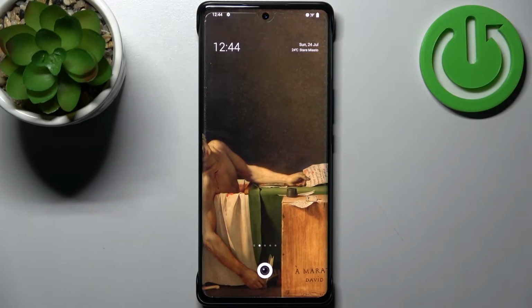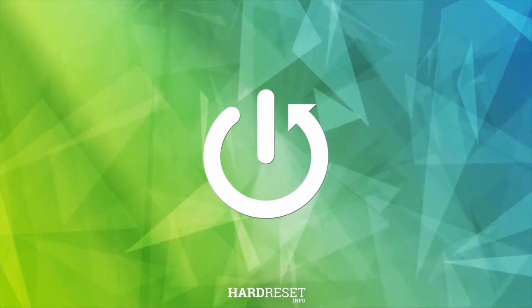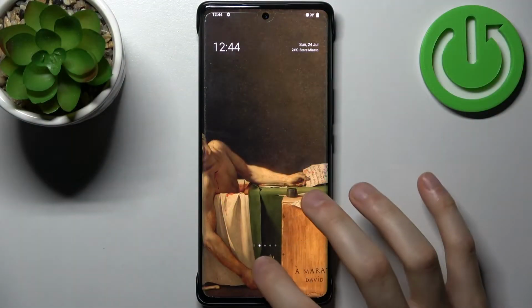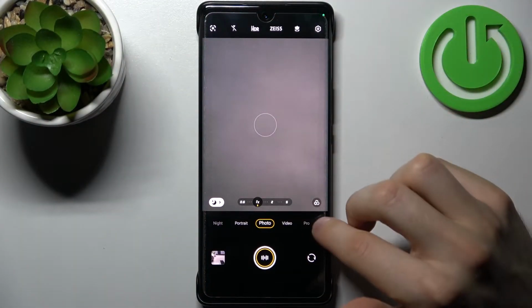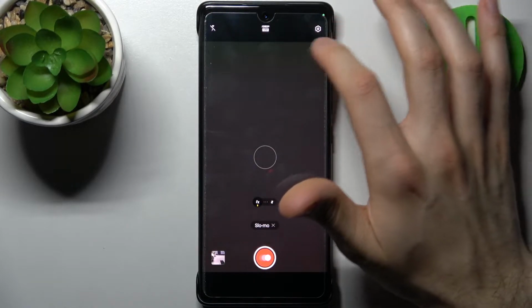Here I have Vivo X80 Pro, and today I'm going to show you how to change slow motion speed in camera on this device. So first let's open camera, then switch to the more modes, select slow-mo,